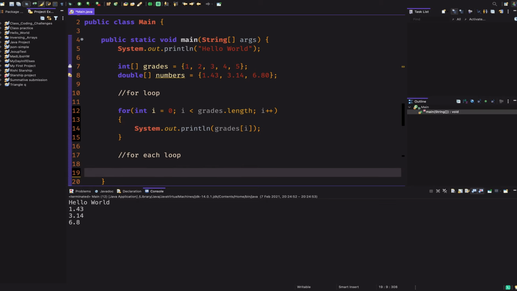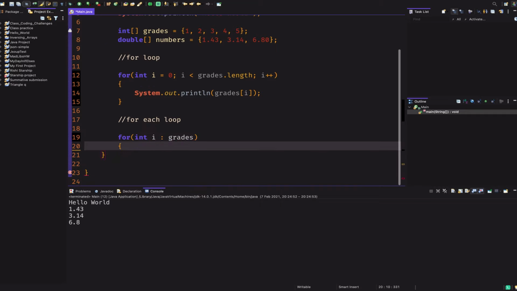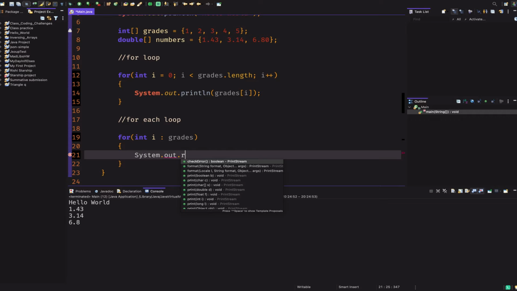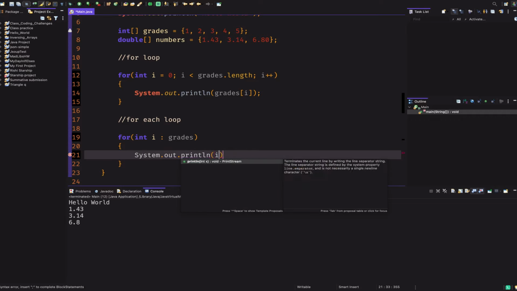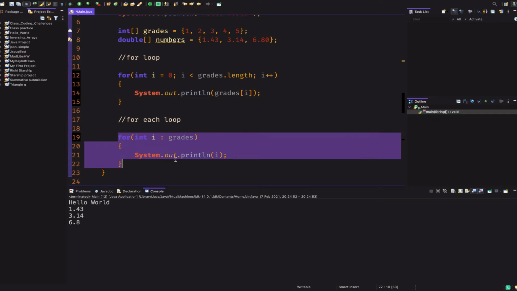Now a for each loop works about the same. To make a for each loop, we can start by typing for int i colon grades, and just like the other for loop, we have an open curly bracket and a close curly bracket. In here we type System.out.println i, not grades i like we did earlier, because this is a more concise way of writing this.